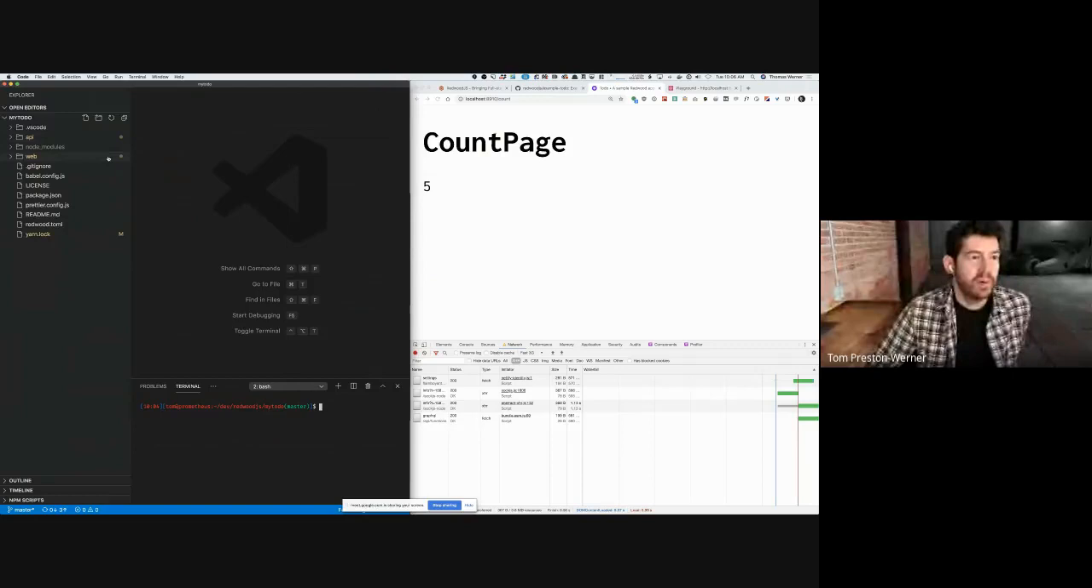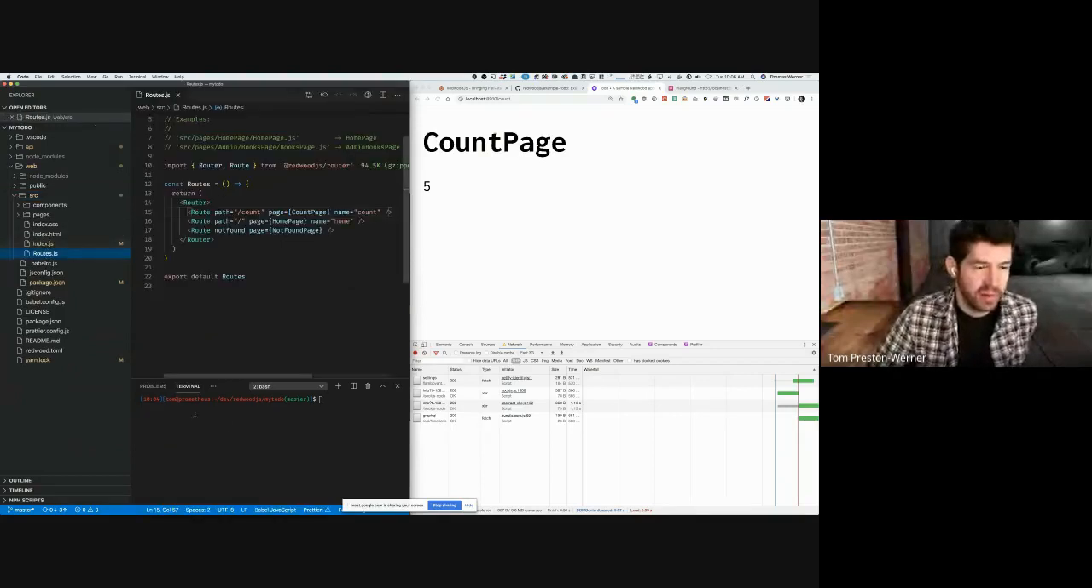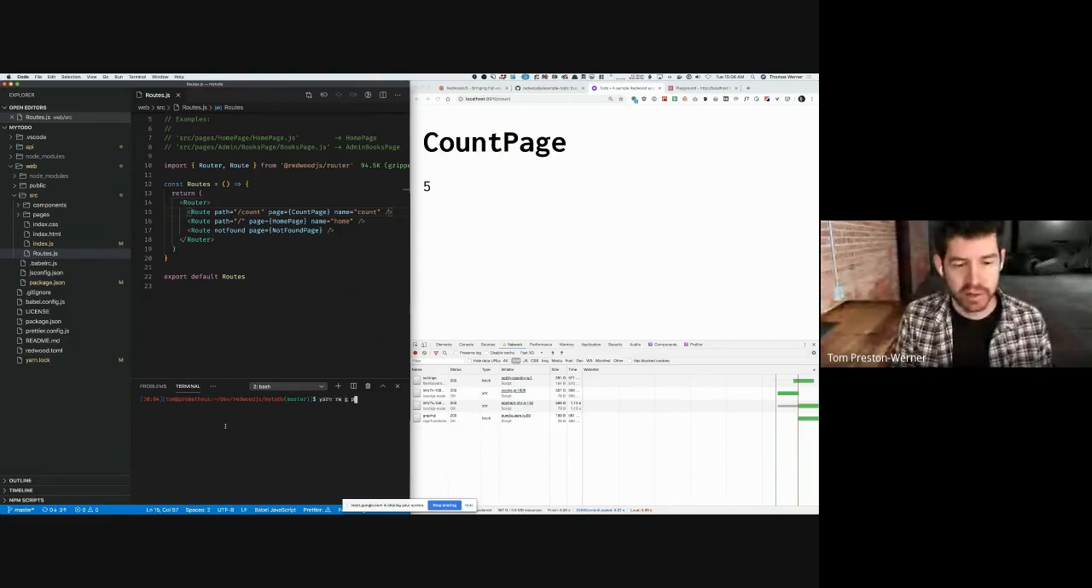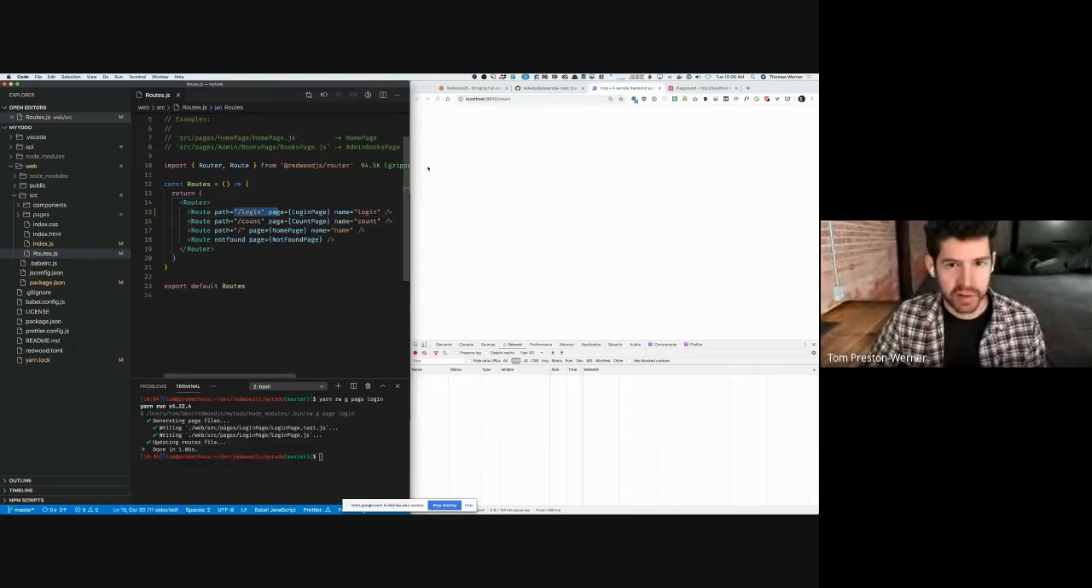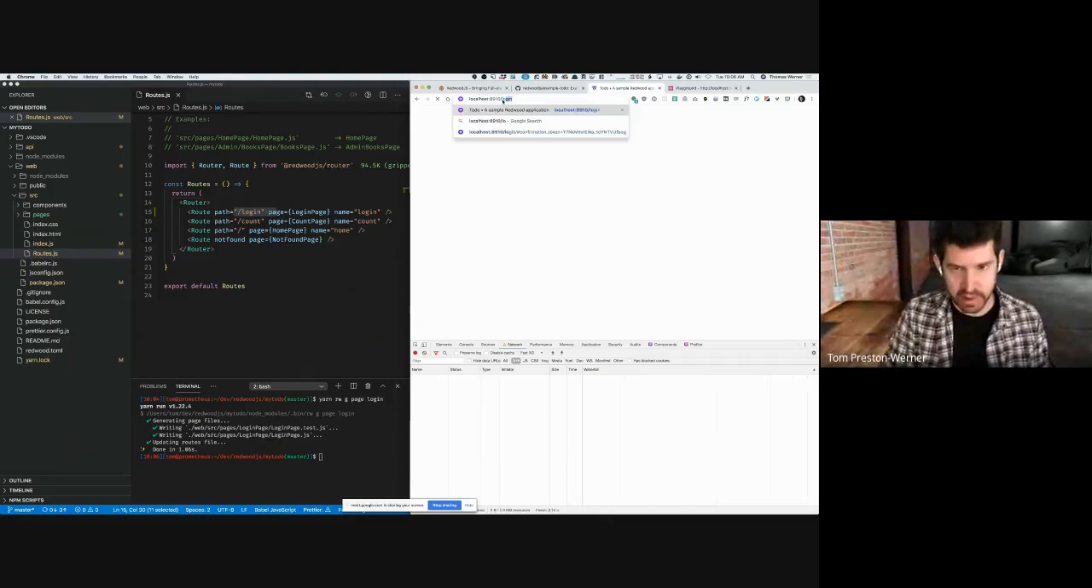So what do we want to do? Well, the first thing that we're going to need is somewhere to send people when they're not authenticated. So let's open src/Routes and let's generate a new page. And we're going to call it login. So I'm going to say yarn redwood generate page login. And that's going to give me this login page. Cool. And if I go to login, then I should get that page,